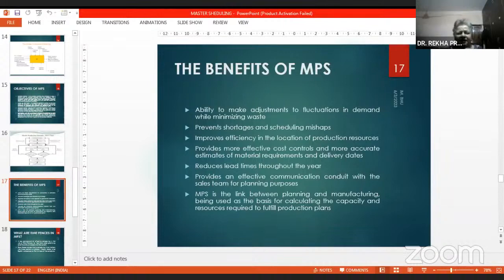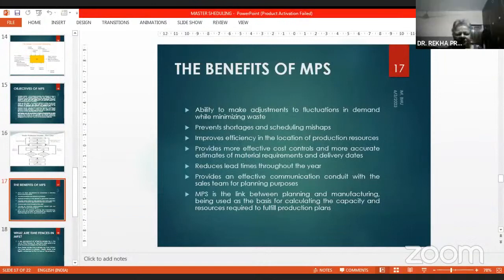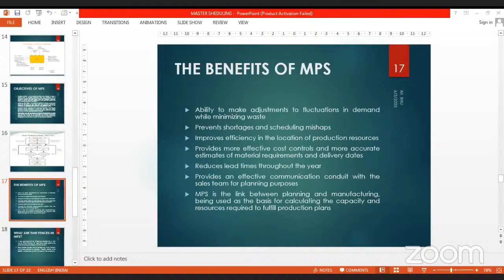Yes, ma'am. The benefits of MPS: ability to make adjustments to fluctuations in demand while minimizing waste, prevent shortages and scheduling mishaps, improve efficiency in the allocation of production resources, provide more effective cost controls and more accurate estimates of material requirements and delivery dates, reduce lead time throughout the year, provide effective communication with the sales team for planning purposes.